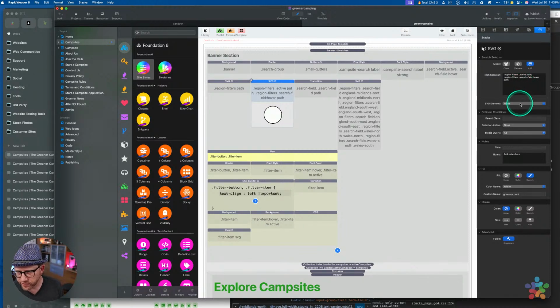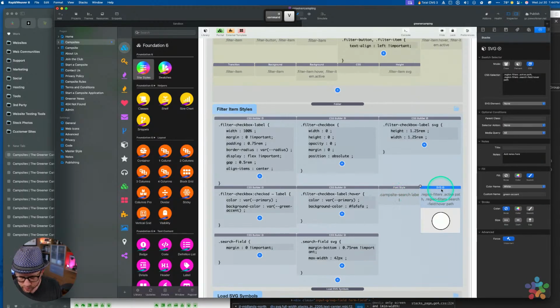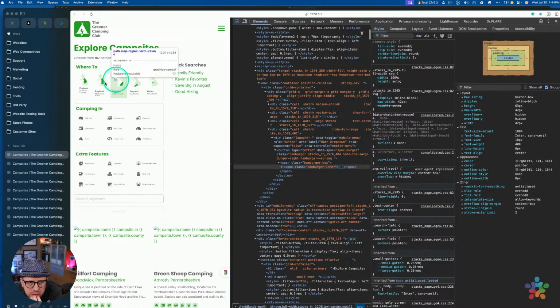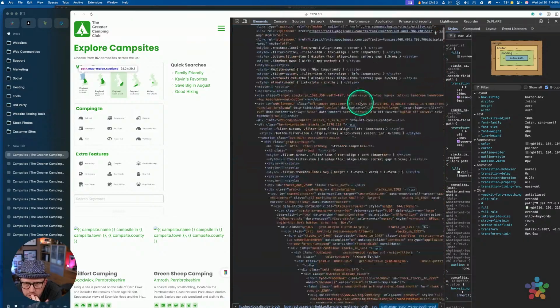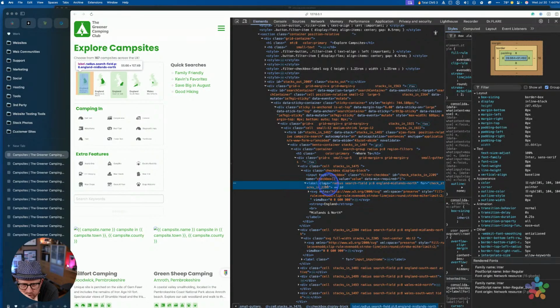Okay, so the fill on the path, you know what? I think we're just gonna copy this. Let's put it down here. Okay, so on region filters, if it's active, okay, so what we have is, look at this bad boy. Okay, so we have,